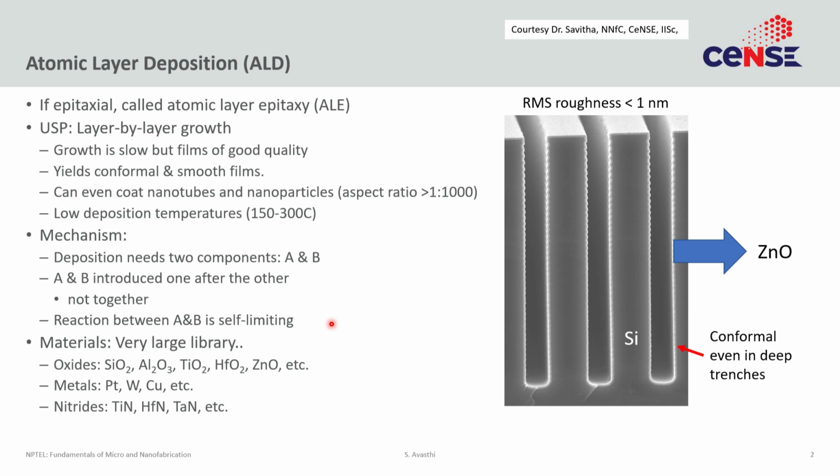You can even deposit alloys, so you can deposit oxysulfides or oxynitrides. Right? Instead of component A and component B, which allows you to deposit binary materials, you can have components A, B, and C, which allows you to deposit ternary materials. Those sort of details I will not get into, but we will get into the simple vanilla two component ALD, and the poster child or the base case study that we will continuously use again and again is aluminum oxide.